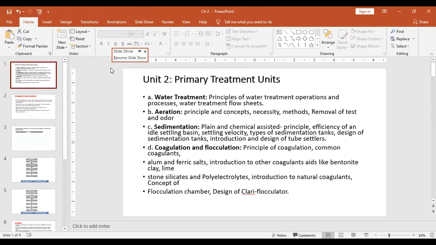Okay, this is chapter number 2. I request you to just go through the syllabus, and then in this chapter you are going to learn about how to give the treatment. In the earlier chapter you have